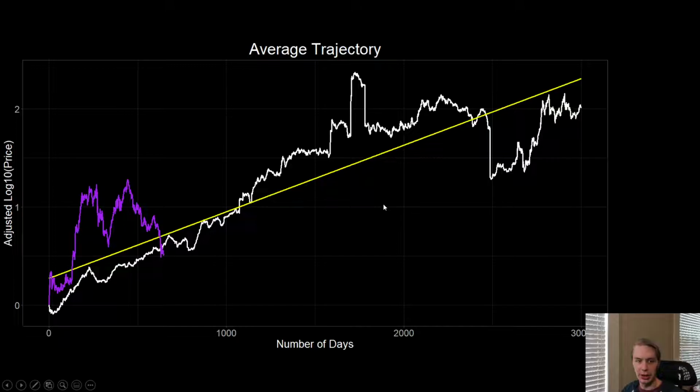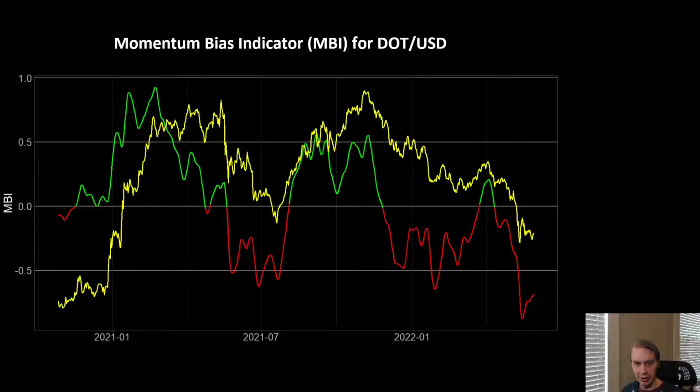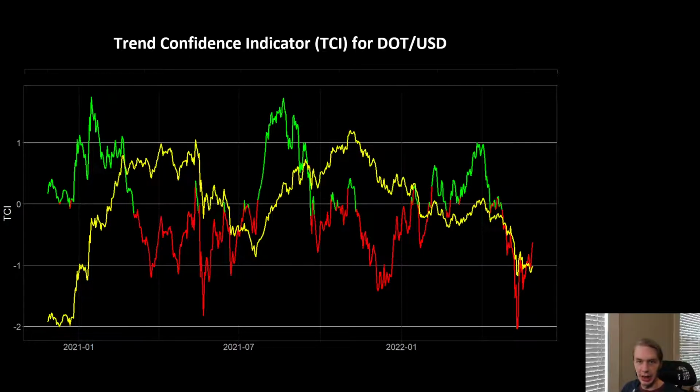So my overall outlook on DOT, looking across these different indicators, is that certainly in the shorter term, I think a bearish outlook is very much justified. DOT so far has not been showing any signs of a reversal. And frankly, that's probably not going to happen until the rest of the crypto market stages a reversal as well. I doubt DOT will be able to decouple itself and go on a run when everything else is dumping, or at the very least consolidating at lower price levels. So in the shorter term, I'd like to see the MVI flip green. I'd like to see the TCI flip green.